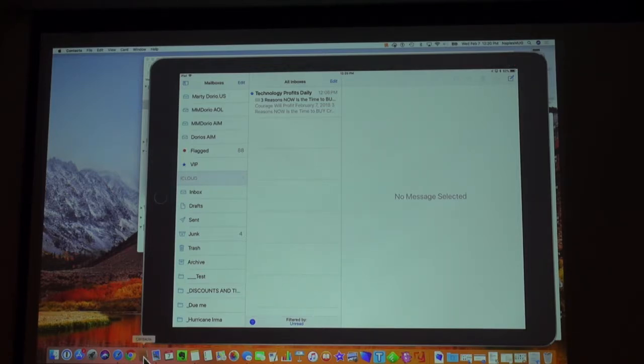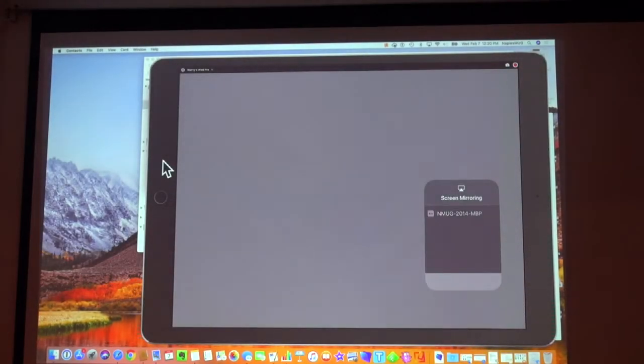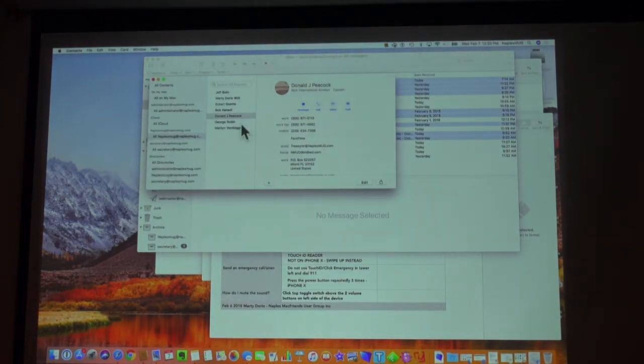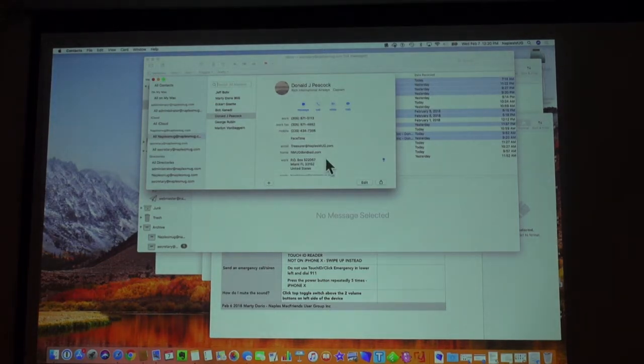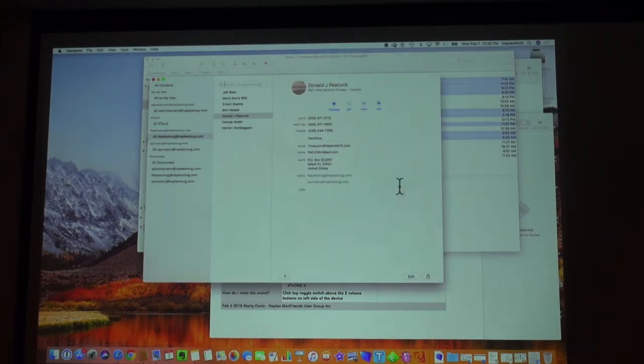Sorry, what was the answer? How do I remove myself? I'm going to show you, in your contacts, right? Can I make this bigger, is this big enough to see? Maybe not. In your contacts, here's Don Peacock. And I can edit Don Peacock. And I can say,